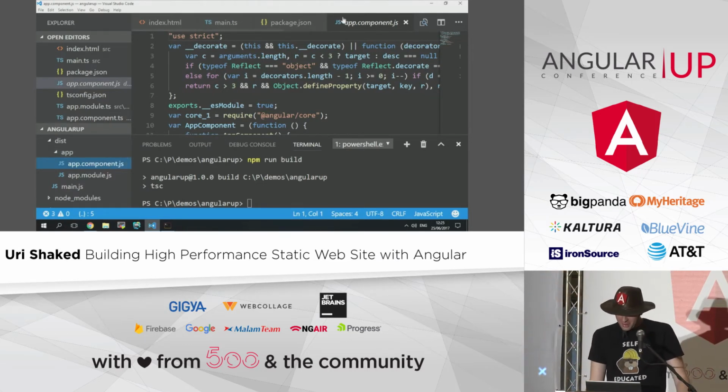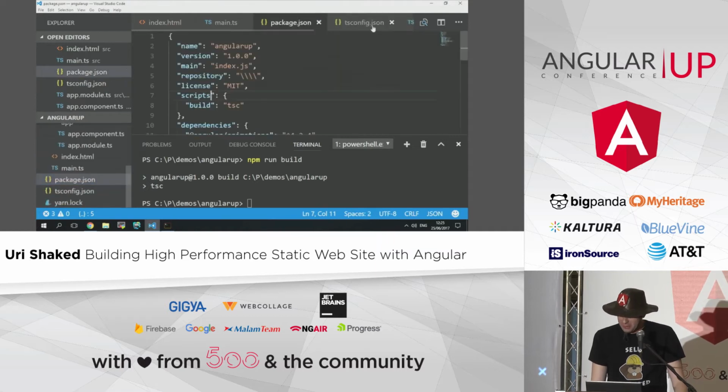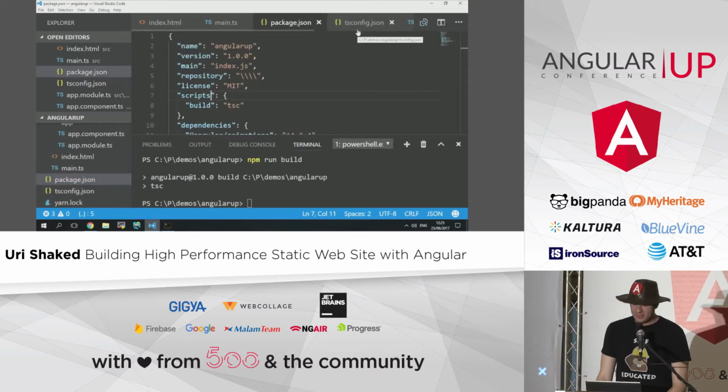AngularUP. Okay, but thank you for the applause, but we still can't use it because we still need to load